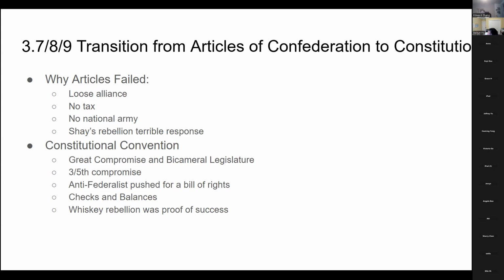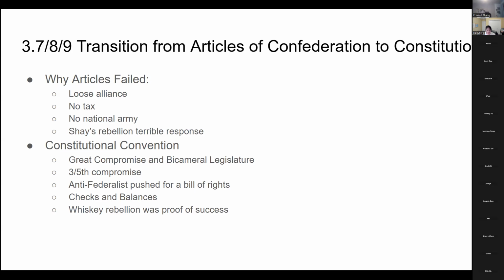Now, around then, there were two parties, known as the Federalists and the Anti-Federalists. So the Federalists were people who believed in a stronger national government. They believed that it was necessary. And some famous Federalists are Alexander Hamilton. And